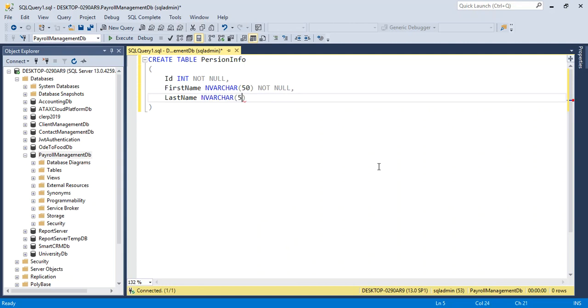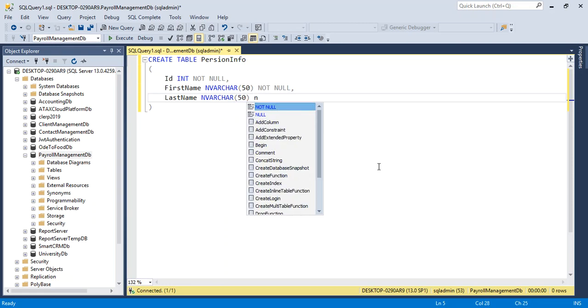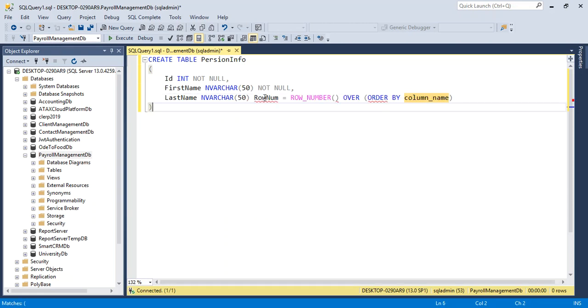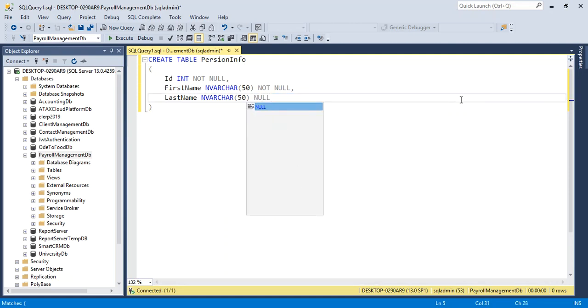Here I just want to add 50 and null. And then I just want to add the column for age,